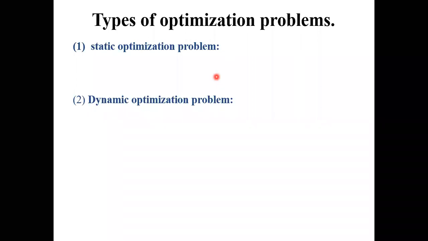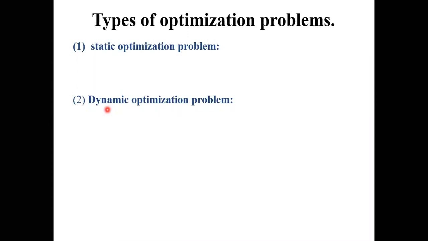So what are the parameters we are going to consider? That is very, very important. Similarly, whatever parameters we take for solving the optimization problem, if those values or parameters change with respect to time, that problem comes under a dynamic optimization problem. Simple. If you consider any optimization problem, we need to consider some parameters.